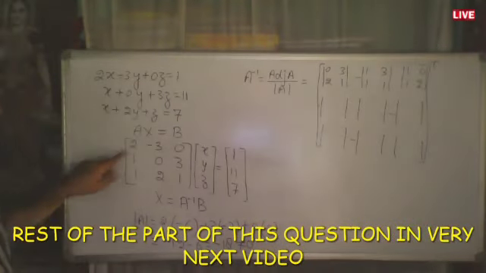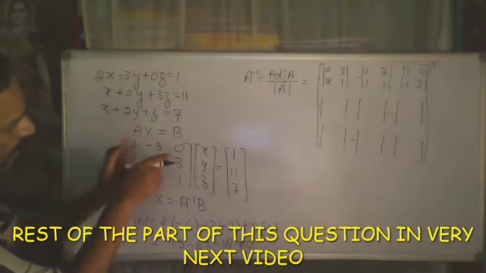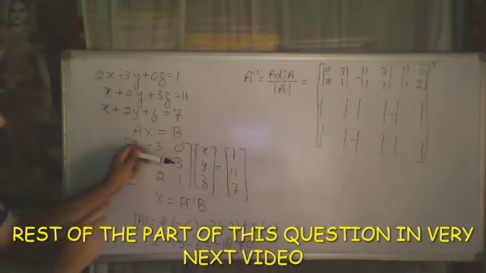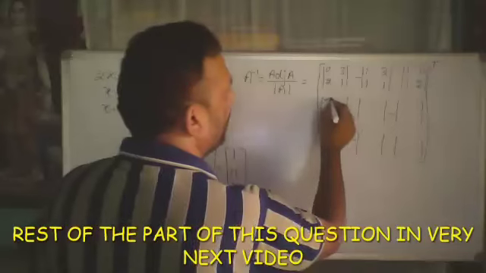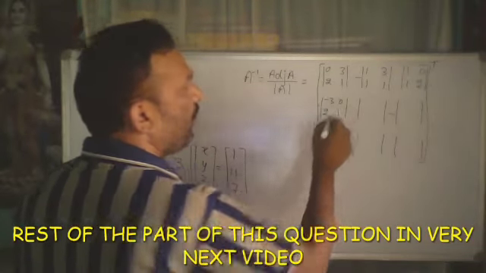Here, for this place, we have to eliminate the first column and second row. It gives you minus 3, 0, 2, 1. Similarly, we will write